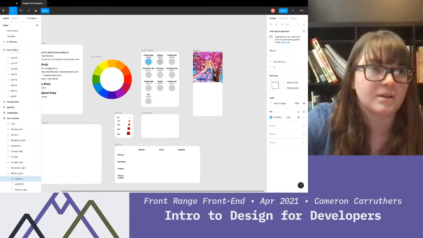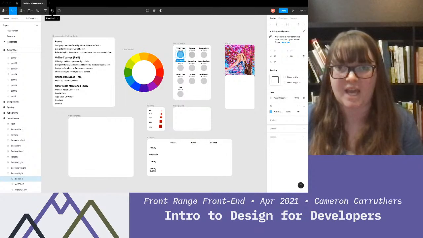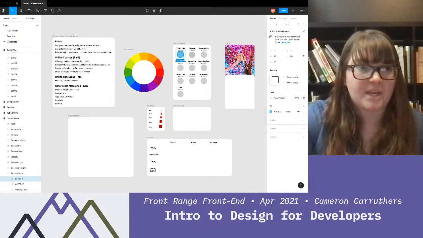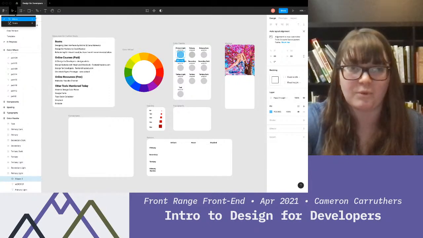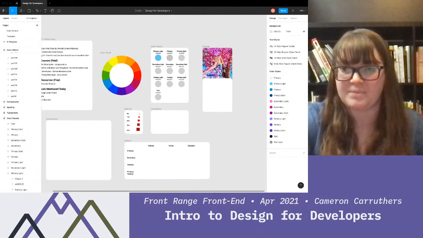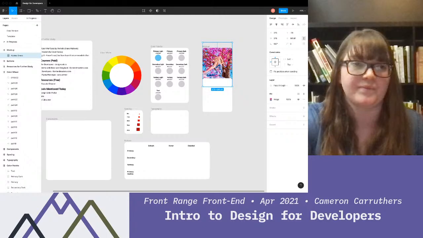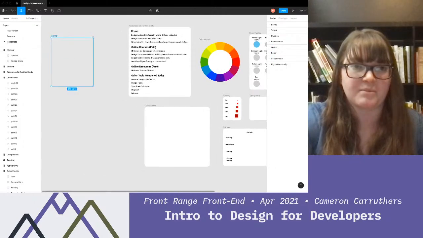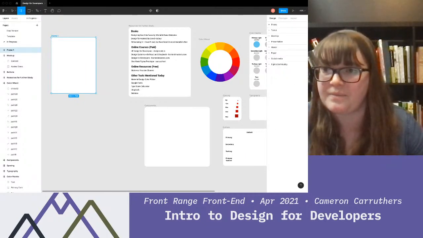So basically up at the top, we're just going to go over the things we're going to need today. There's a lot more to Figma. But up at the top here, you can change between move or scale. So if I was going to scale this picture and I wanted to keep the aspect ratio, I could do scale. Then next to it, we've got frames. That's where you can make these white frames. It also is where you can make screens. So over here on the right, if you can't see it,